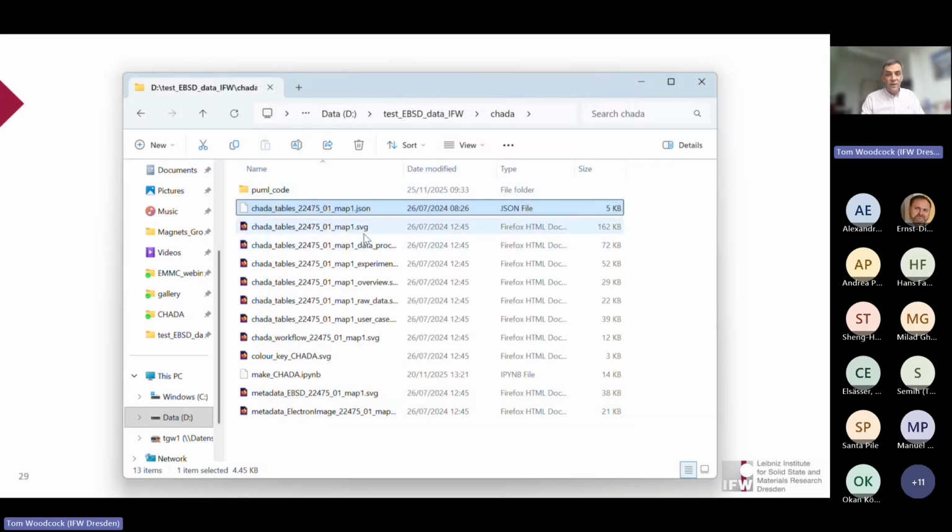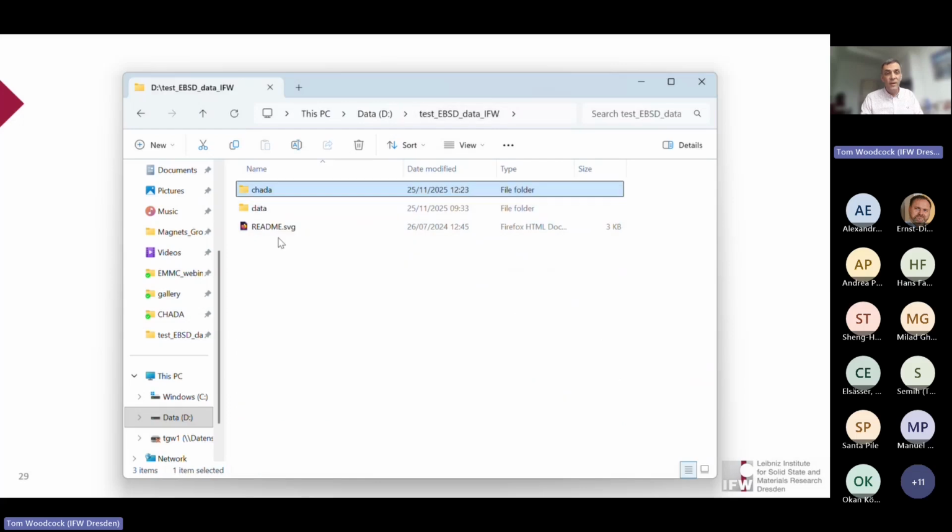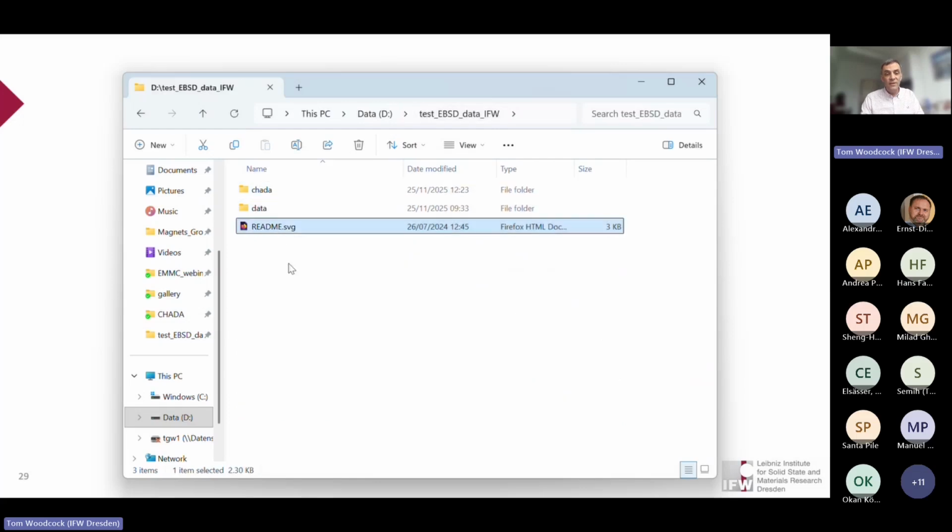Then you can see here that we've got SVG diagrams for various different CHADA tables. We've got the CHADA workflow, a color key, some metadata diagrams, and I've also included a Jupyter notebook, which is how to make all of this CHADA data. So if I just go back up to the top node, there's also the README SVG here. So if I double click on that,